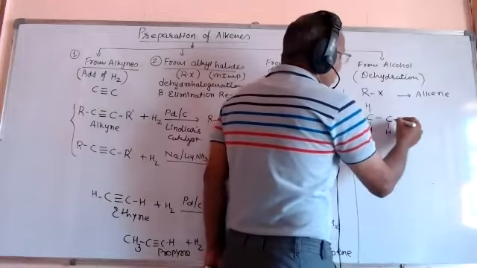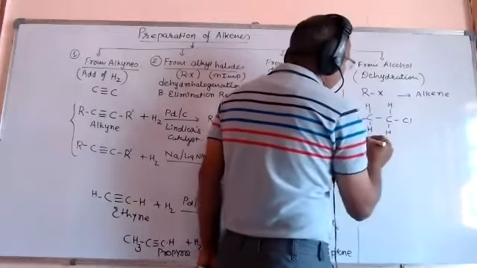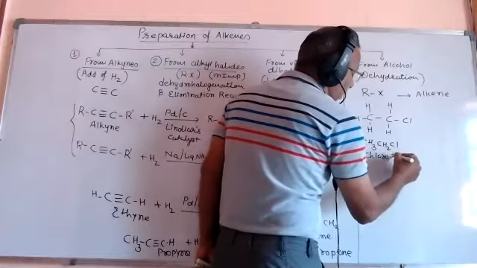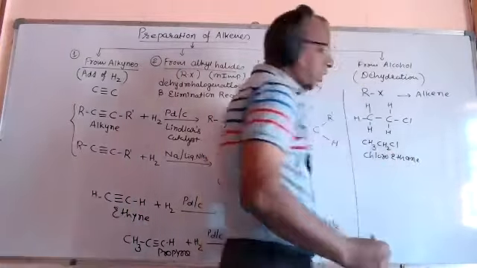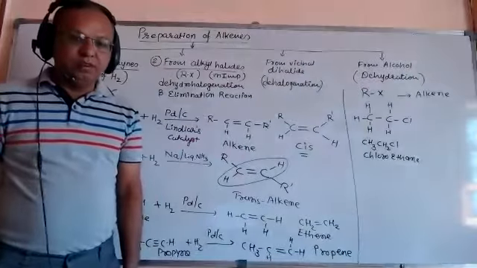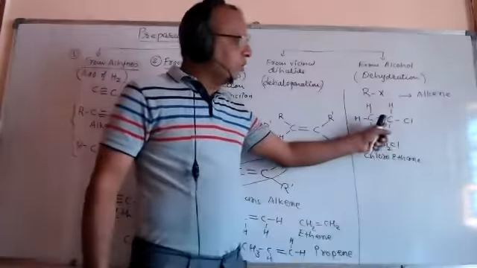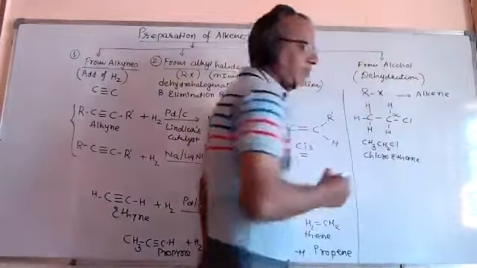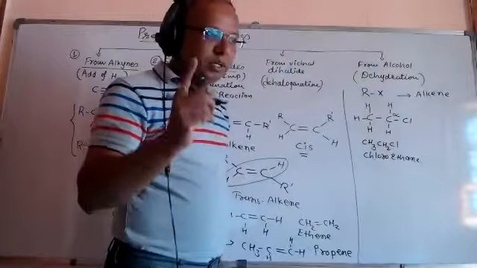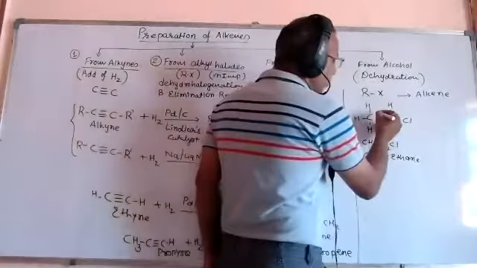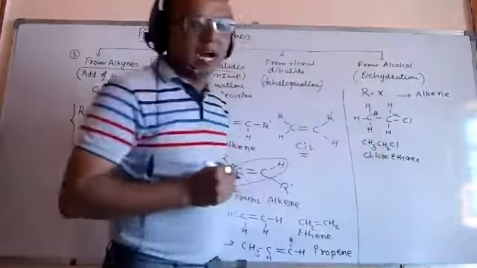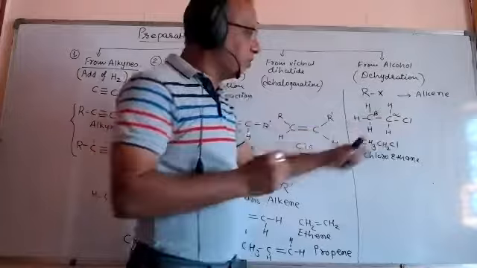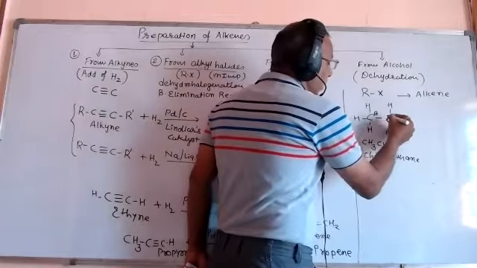reactant we are using is, for example, chloroethane. This is CH3, CH2, Cl. So chloroethane is the reactant we have used. Friends, the halogen containing carbon here is called alpha carbon. Halogen containing carbon is called alpha carbon, and its neighbor carbon is called beta carbon. It is very important. Alpha carbon is the halogen containing carbon, so this carbon is alpha, and this is its neighbor,